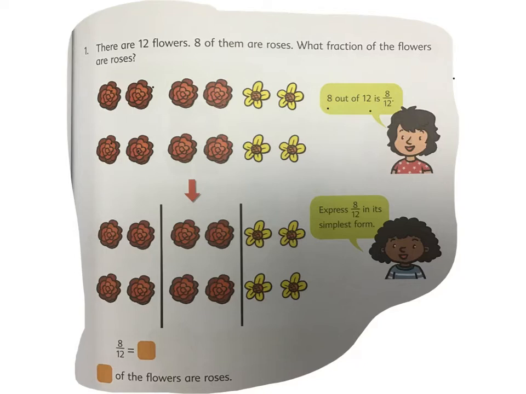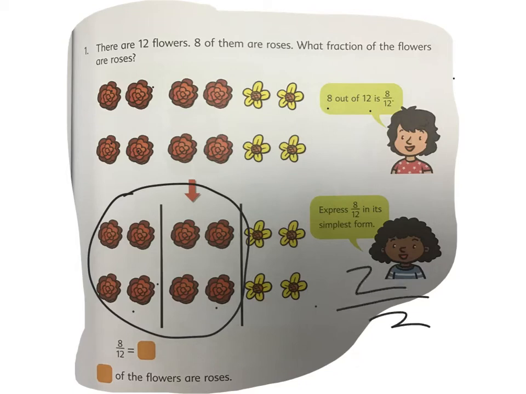Now, if we put that in simplest form, we can see that there are 3 parts, and 2 of the parts are roses. So 2/3 is an equal fraction. Let me show you another way to do that. So if I have 8/12,